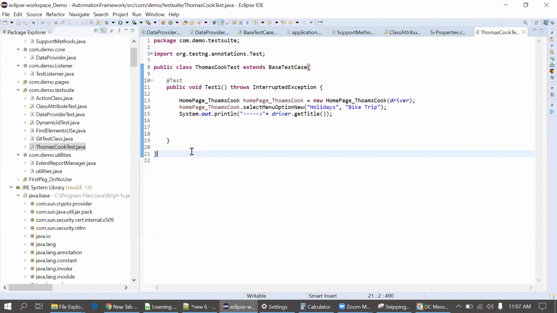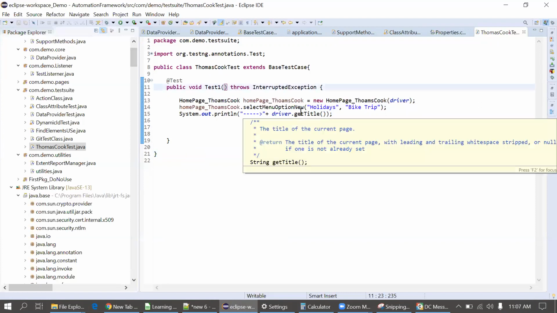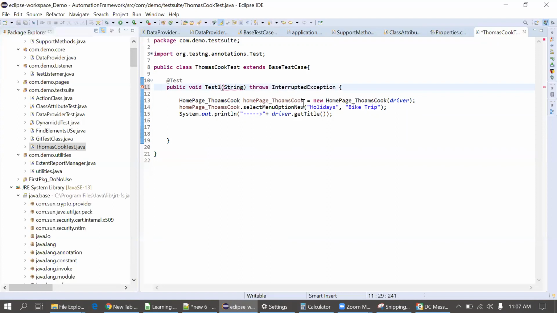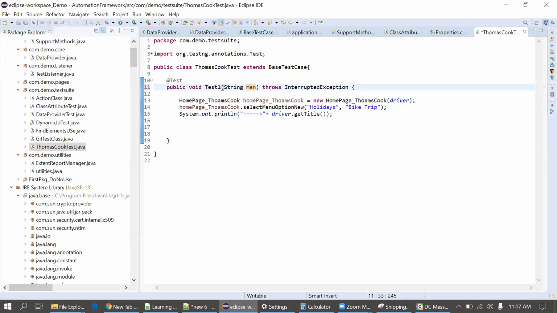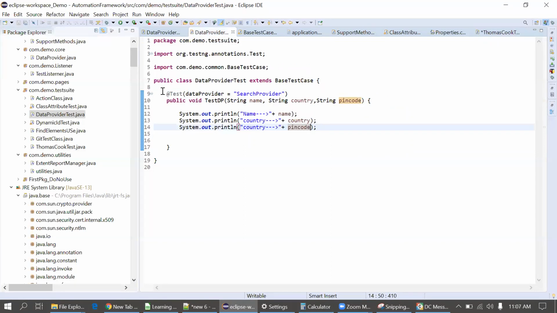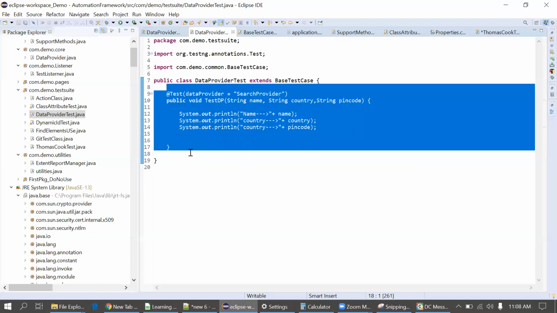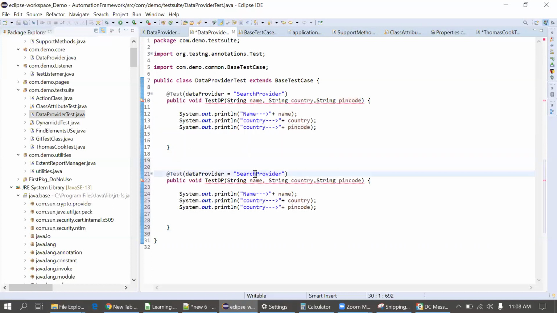Okay. So here again, we have to just create a string. Suppose, for example, this holiday and bike trip. I'll just use the string, for example, main menu, then comma, string, and the second submenu. I can write like this, and I can just simply define data provider here at test case level, and I will just simply modify this data provider, or I'll simply create new data provider. That's absolutely fine. I can create multiple data providers here. That's upon your choice. And I will just pass these 2 values only, whichever I require at test case level. That's it.